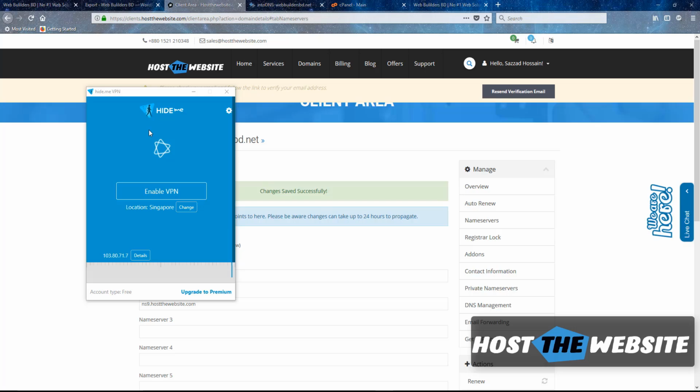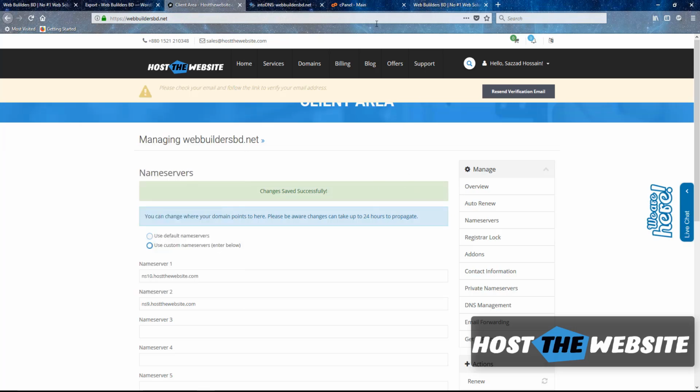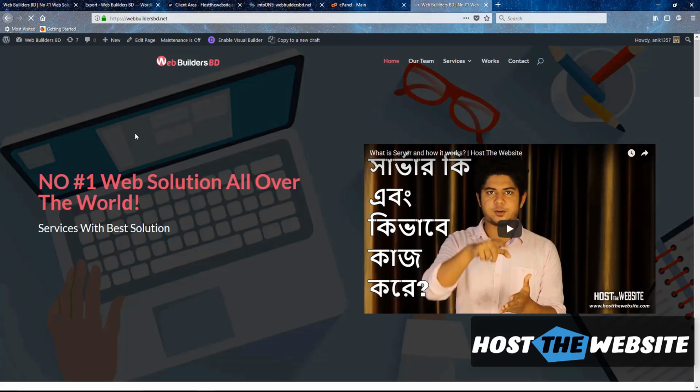This hide.me VPN is free for 250 megabytes per month, so I am using this free option. I am clicking the enable VPN option because it will reduce the downtime. I mean, after 4 or 5 hours, it will be accessible without VPN. But firstly, it needs a VPN connection. So I enabled VPN. Now again reloading this website,